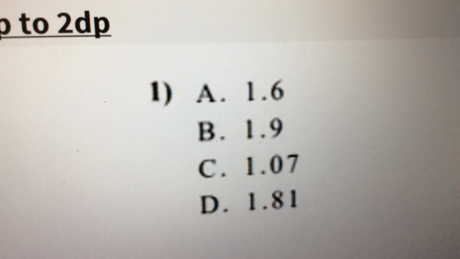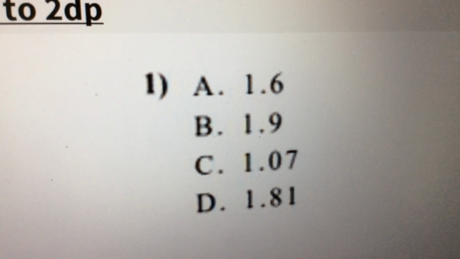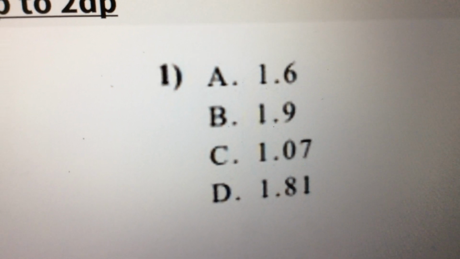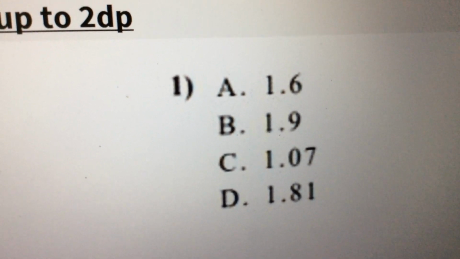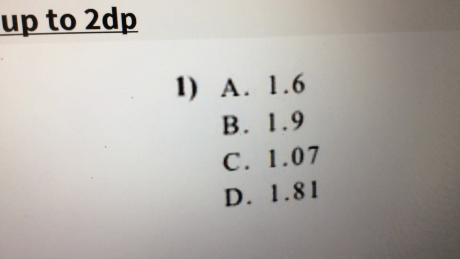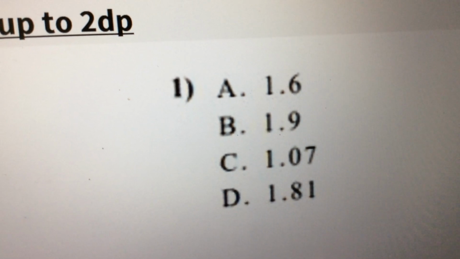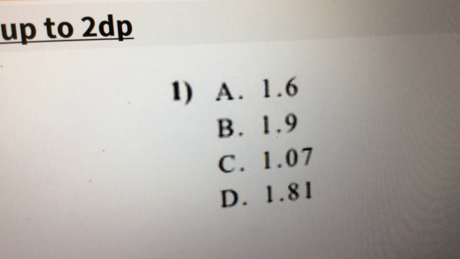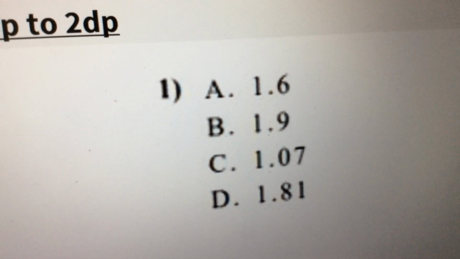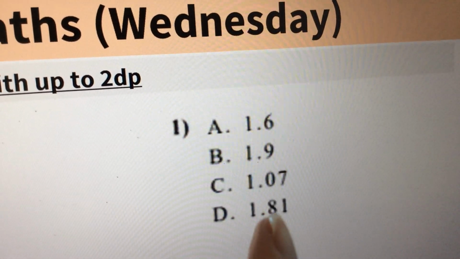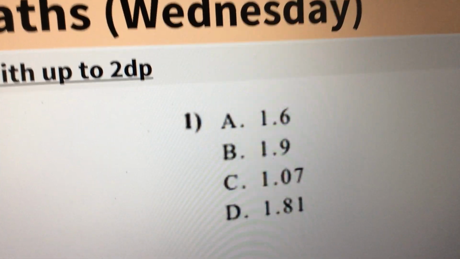Let's have a quick look at this one. Again, we've got that same problem where the ones digit is 1 for all of them. So I have to look at the tenths. Okay, that's a bit more straightforward because the tenths are all different. So I've got 9 tenths, so 1.9 is the biggest. Then I've got 8 tenths, so 1.81 is the next one. Then 1.6 and then 1.07, okay? I don't have to worry about the hundredths here unless there are numbers where the tenths are the same digit,